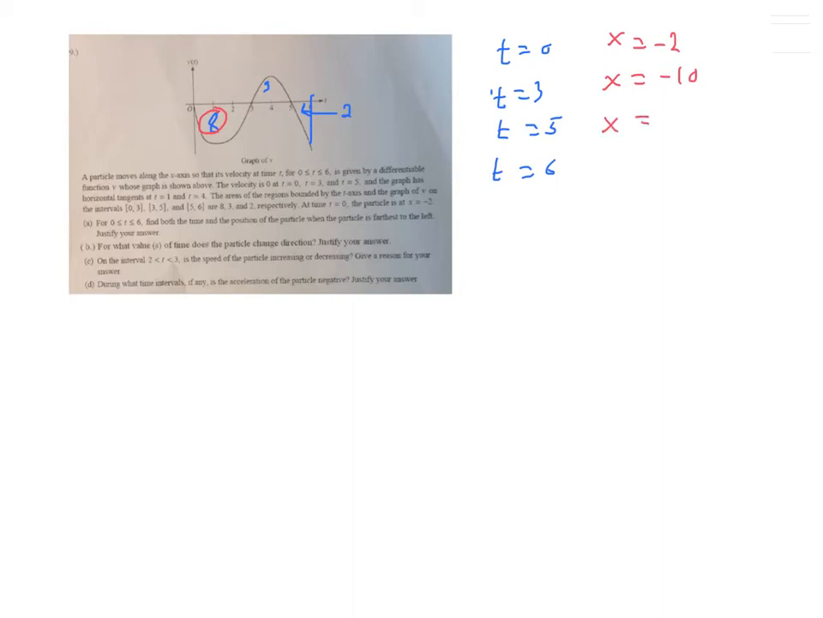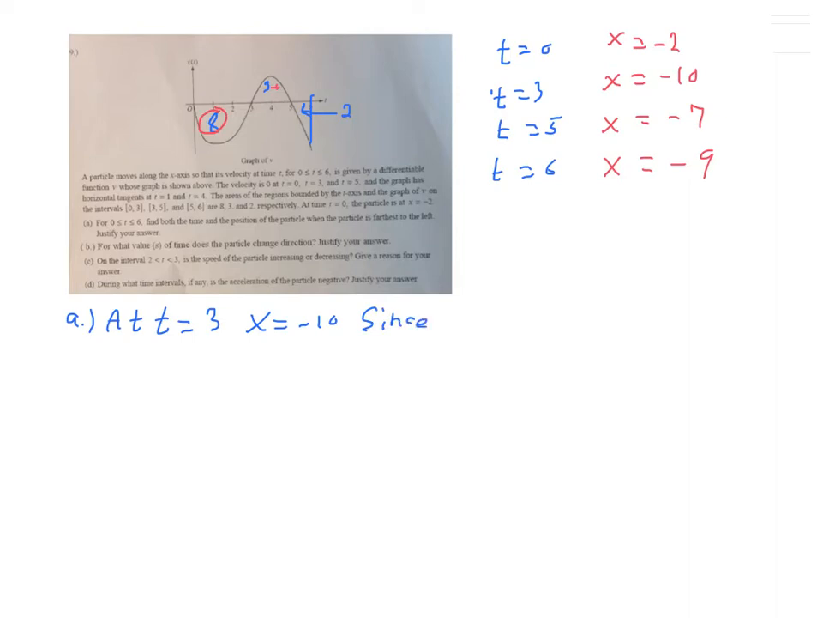And then when t is equal to 5, well, we were at negative 10, but now we've gone 3 units to the right, so x is equal to negative 7. And when t is equal to 6, x will be equal to, well, now we're going 2 back to the left, so we're at negative 9. So find both the time and the position when the particle is furthest to the left. Okay, so the time is going to be at 3 and the position is going to be at negative 10. So at t equals 3, x is equal to negative 10,